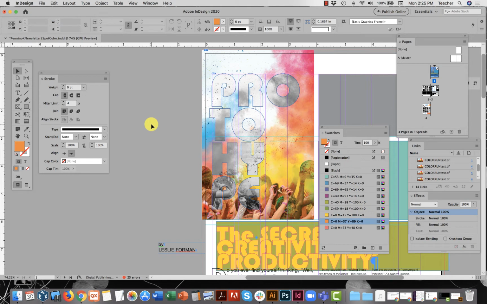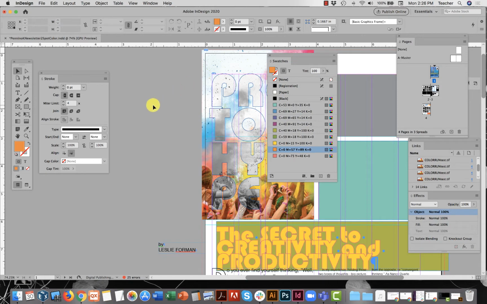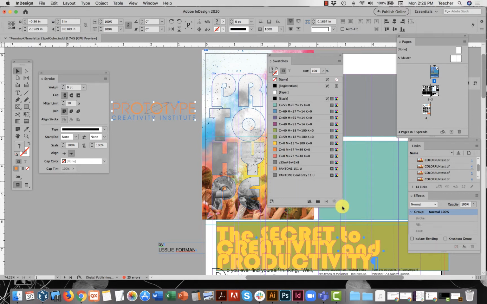InDesign layout here. Now, this InDesign layout, as I mentioned, has everything right now in the incorrect color model. So what I'm going to do, and I want you to watch what happens to the swatch panel when I do this, is paste this logo onto my InDesign layout. I'm just going to stick it over here on my scratch board or paste board. Check it out. Look what happened to my swatch panel.